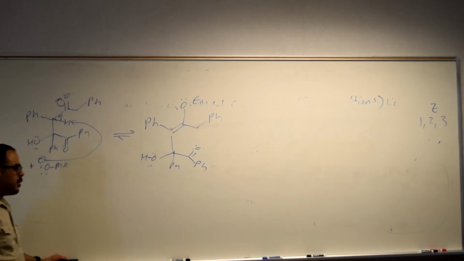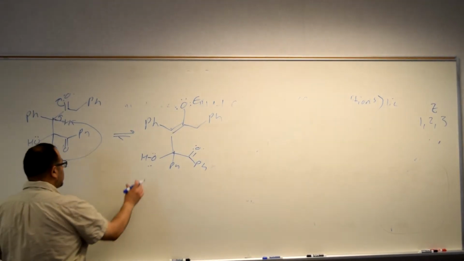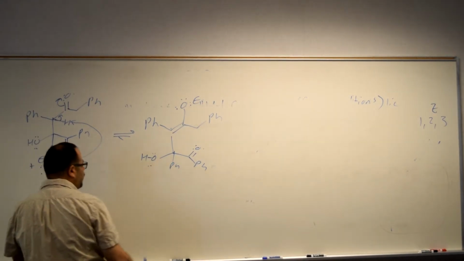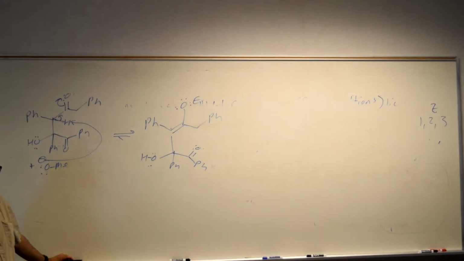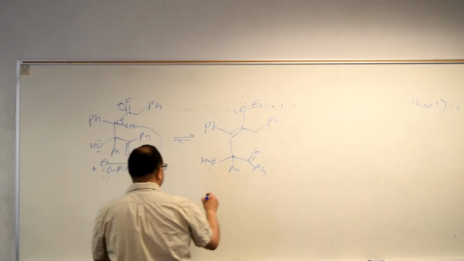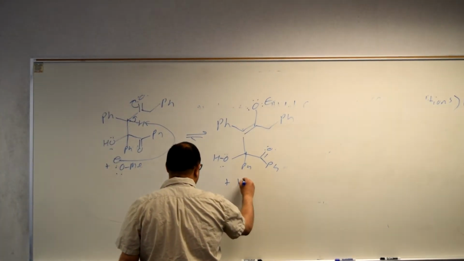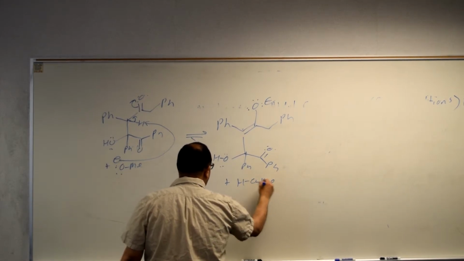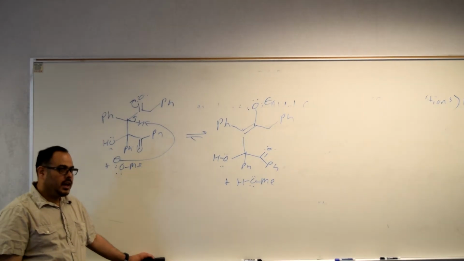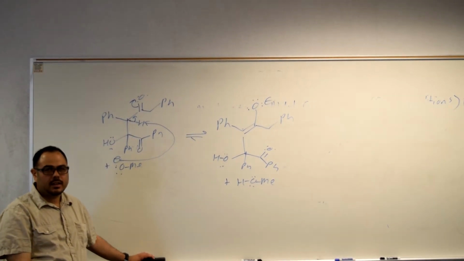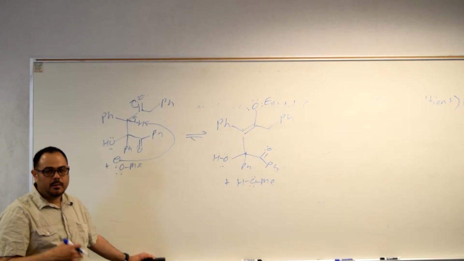And now what we can do is push out this hydroxide group because we formed a stable enolate. And what drives this is actually the conjugation that you gain after dehydration, or loss of hydroxide or water. So in this case, you're going to get plus methanol as the byproduct. And since you're in basic conditions, you're allowed to remove hydroxide anion, because that